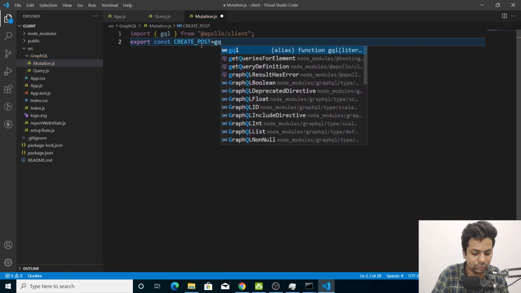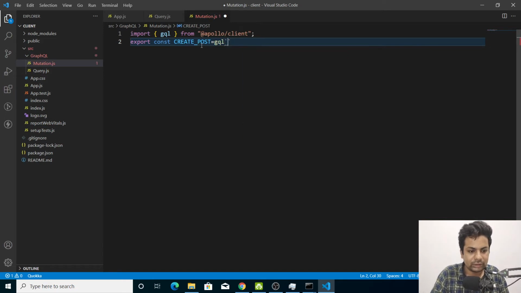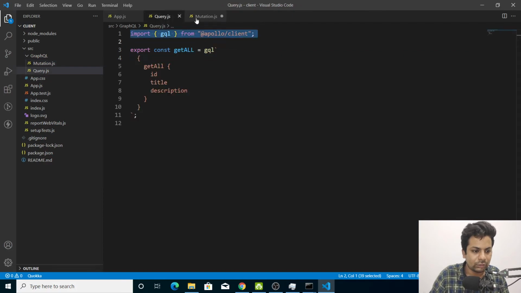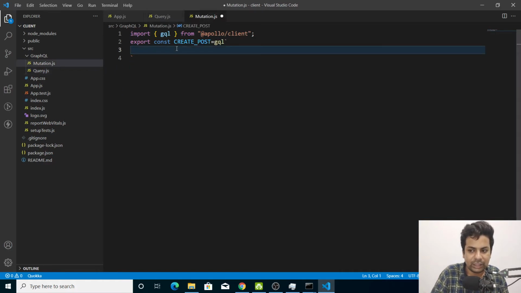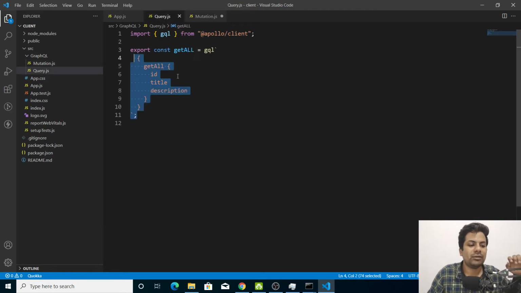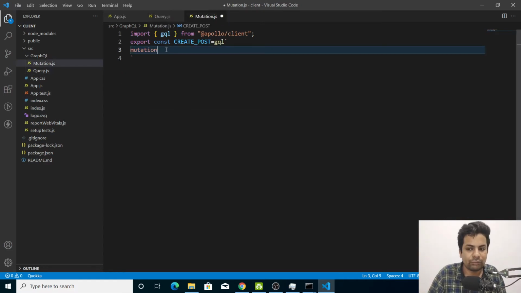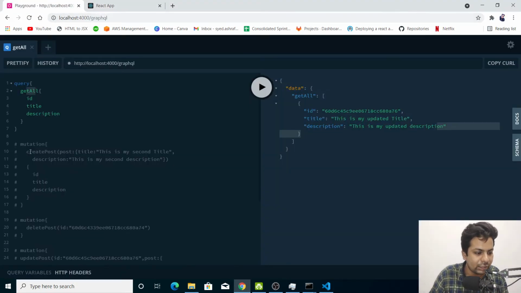Then we'll say GQL and we'll do like this, and here, how we are saying here, we are directly defining it because it's a query, but now here we have to define our mutation. So we have to write mutation, because we are not writing query here, because mostly we do reading only, so it's understood as query. So here we have to explicitly write mutation. Then we'll say create post, because the query name is create post. You can come here and see we are doing it as create post.